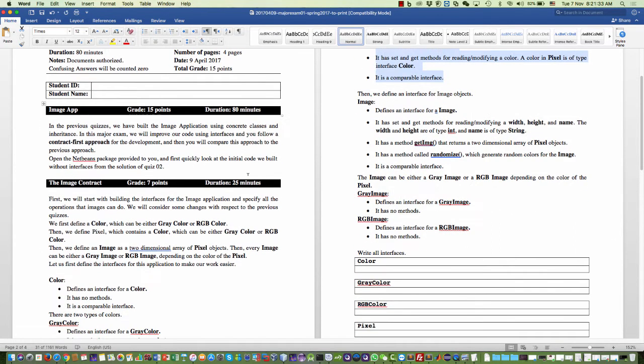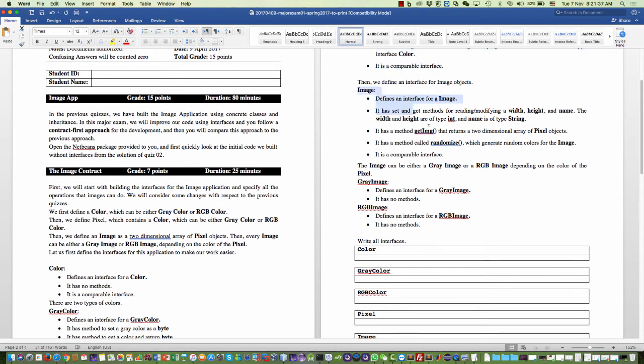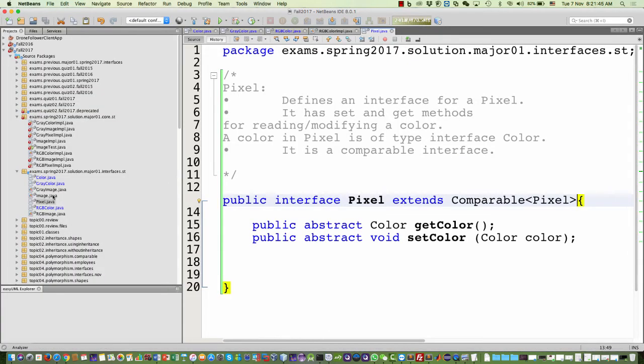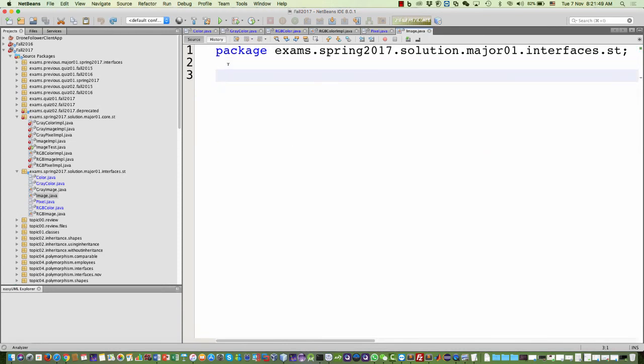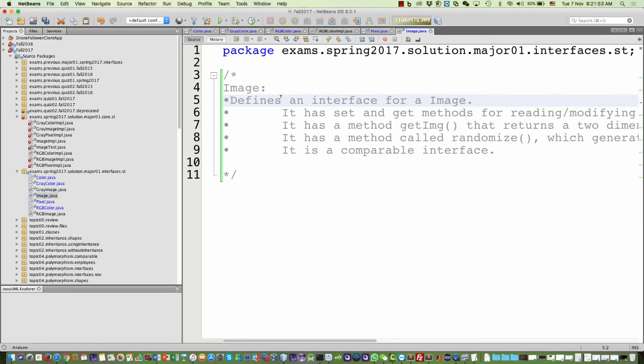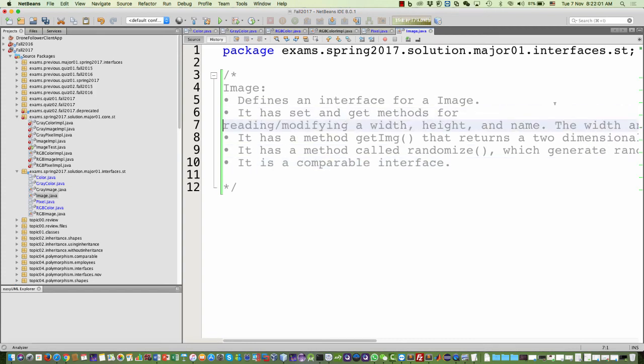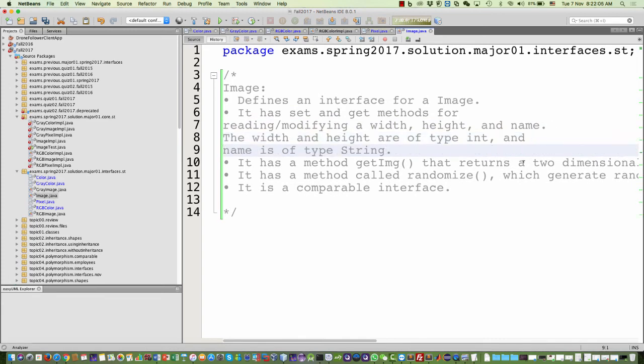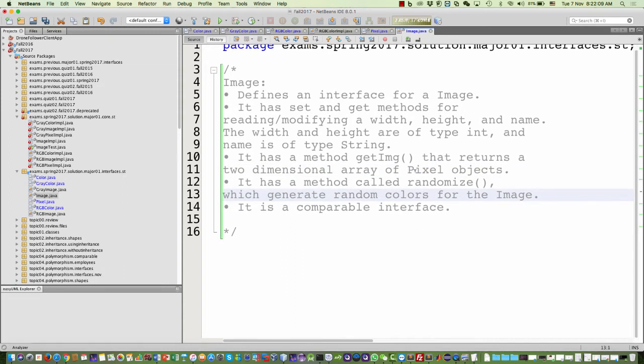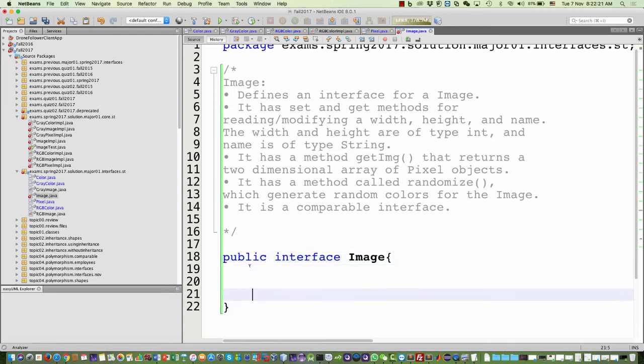Then we define interface for image objects. So this is image for image objects. Go for image. Okay, define an interface for image, public interface image. So you're going to translate the English into some code. That's it. Quite simple. It has get and set methods for reading, modifying width, height, and name. Okay, public abstract